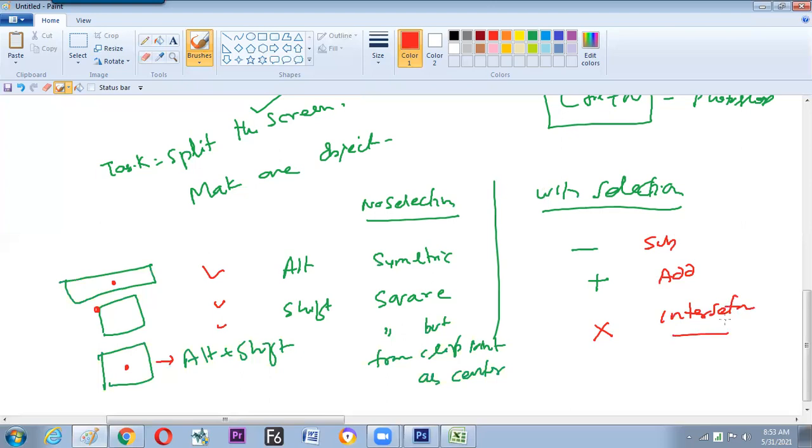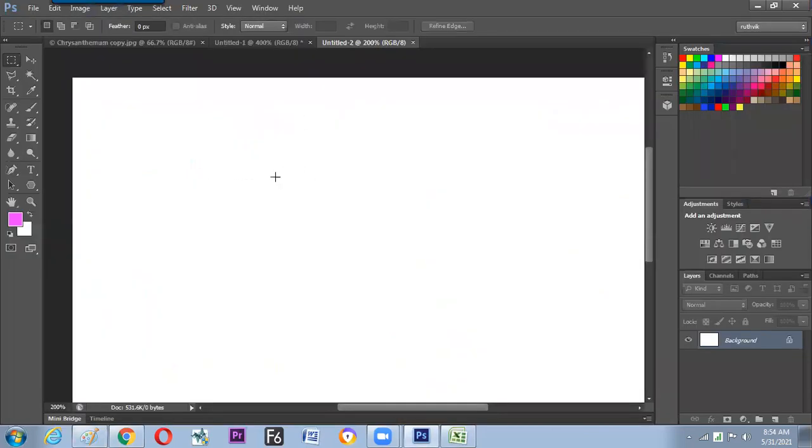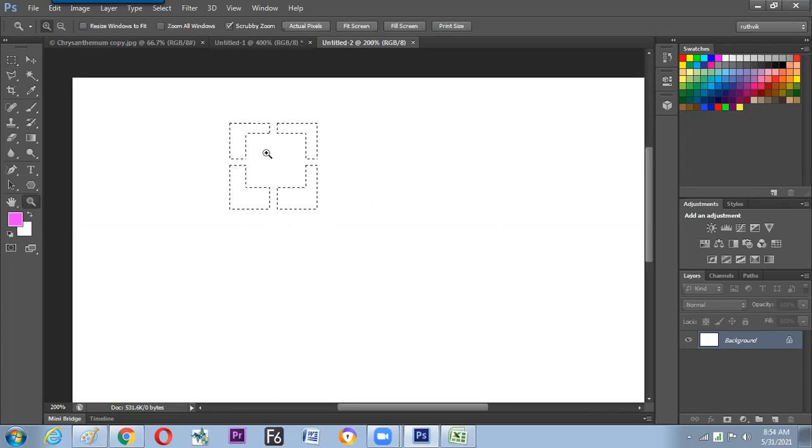So I'm roughly scribbling on the screen, but your note will be the final note. Just to catch your timing and all, I'm giving some time on screen to interact, but your note is final. Now we have seen how to make a square. After making a square, we want to cut. Hold the Alt and cut. Alt cut, and cut it off. And the same, hold the Shift. Is it clear?